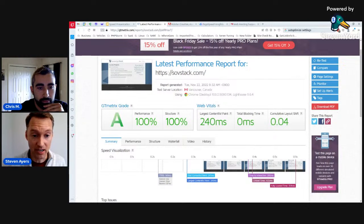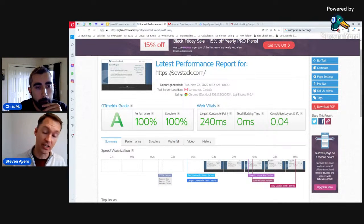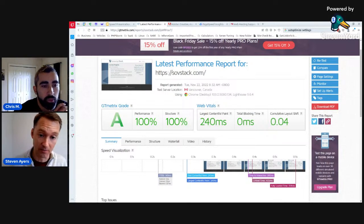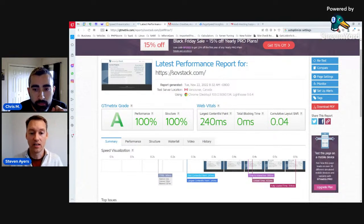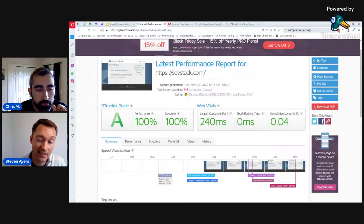So the fewer plugins you have involved in your website, the less likely you're going to have problems, not just functionality problems, but maintenance problems. It's less to maintain. It's also going to make your website faster because it's less to load. So all these things affect each other. So if you can get by with fewer plugins, that's definitely the way to go. I think I've got about 8 plugins for this site because